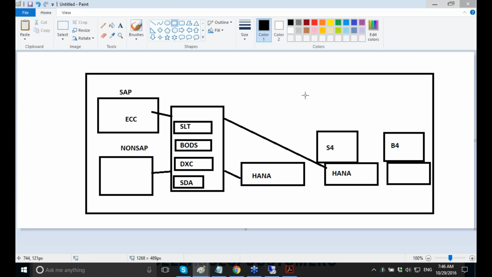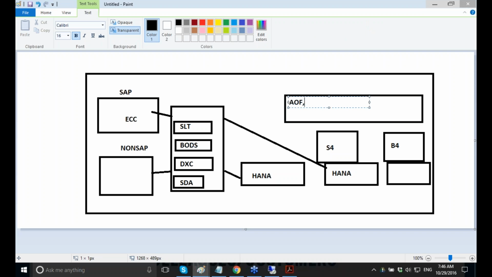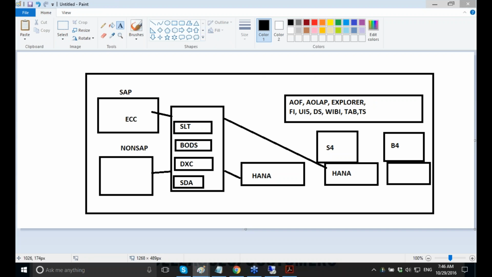Again, in the front end, you have different user interfaces like Analysis for Office, Analysis for OLAP, Explorer, Fiori, UI5, Design Studio, Web Intelligence, Tableau, TIBCO Spotfire. These are all the user interfaces. How we can integrate these different UIs with HANA, S4 HANA,